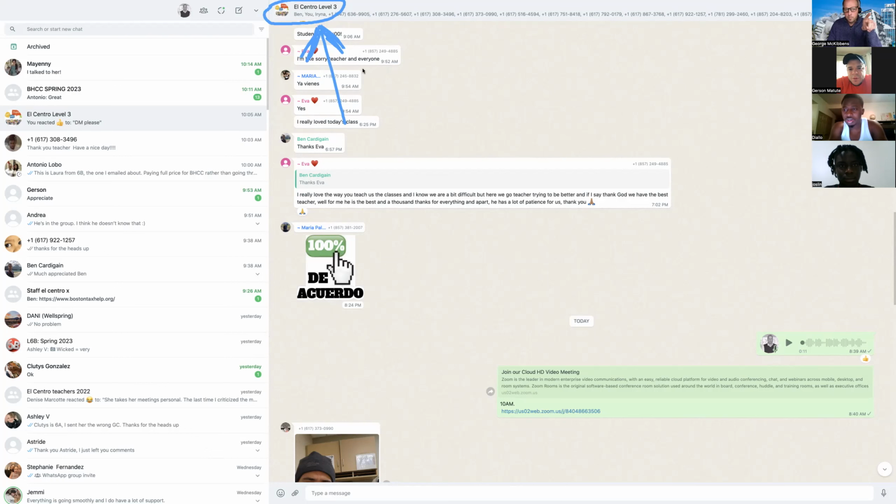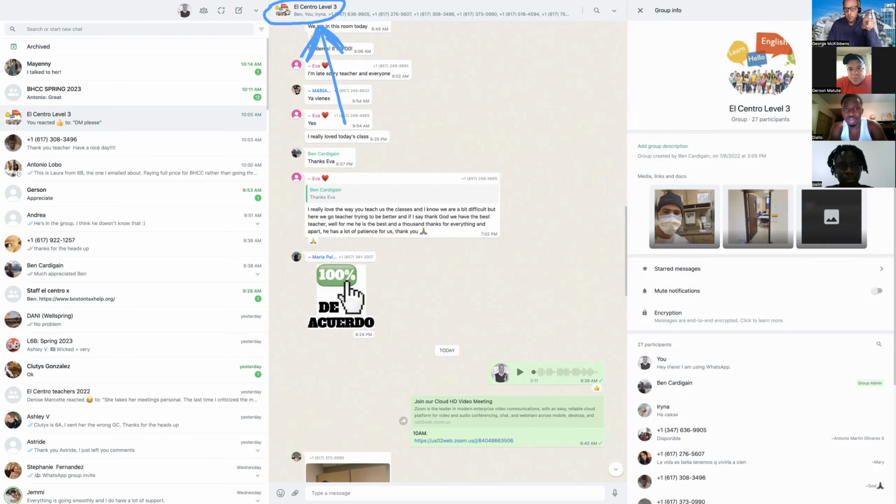Your phone number. Right there. Okay. So once you click that group icon, level 3, now what do I do from here? Click your number. Yeah. So should I go to the right or to the left? Right. Okay, so there's right.